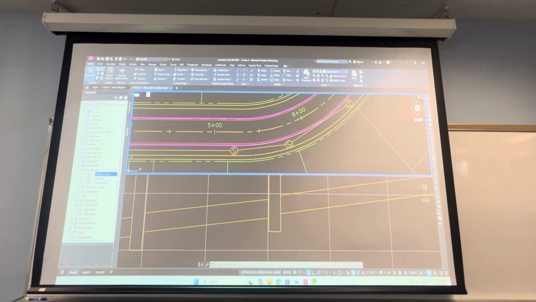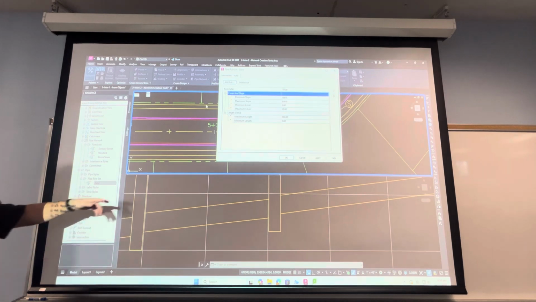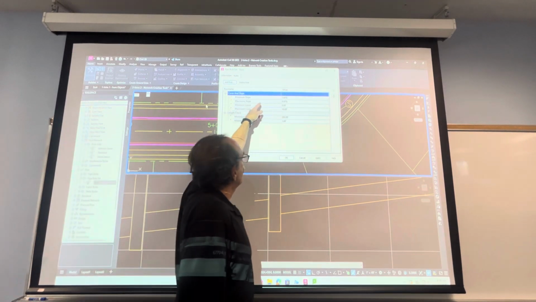Now I was mentioning that there's rules. So here, in settings, it says rules, pipe rule set. And so let's just click on what the rule set is. I'll say edit. So here's the rules for this type that we've got, the base rule set. So it's saying the minimum slope is 1%, maximum is